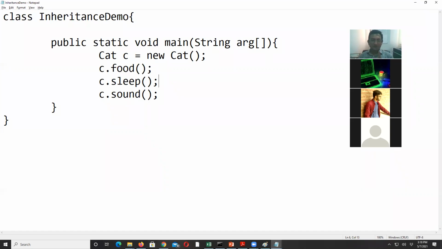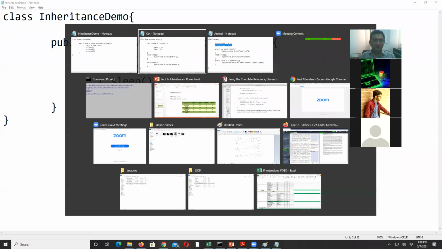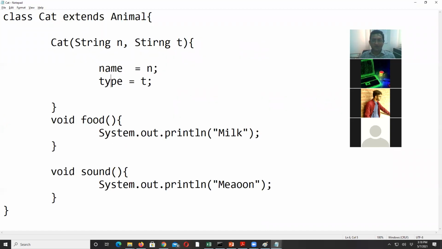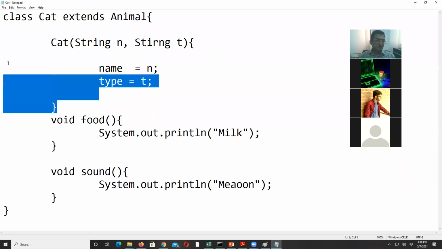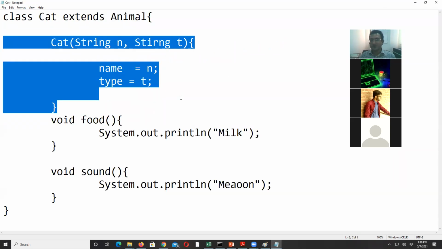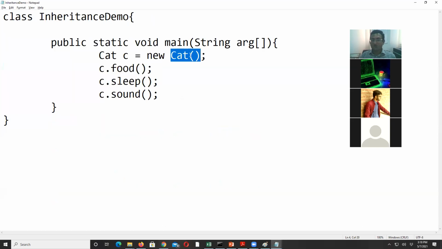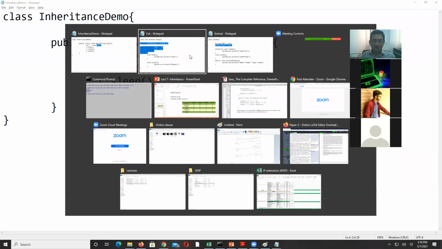The answer is this code will not compile. The reason is we only have one constructor in Kate, and that accepts two parameters. And here we are passing no argument. We are creating an object of Kate by calling the constructor with no argument. And the issue is when you're providing your own constructor, then Java does not provide a default constructor, which means that this default constructor does not exist. So this is a compile time error. You can see here,